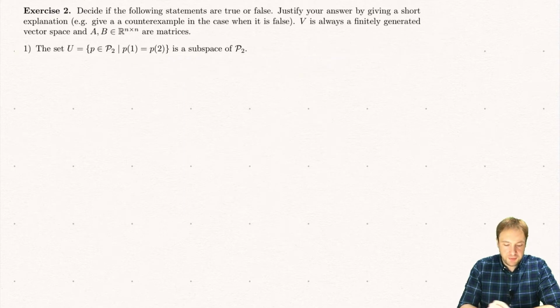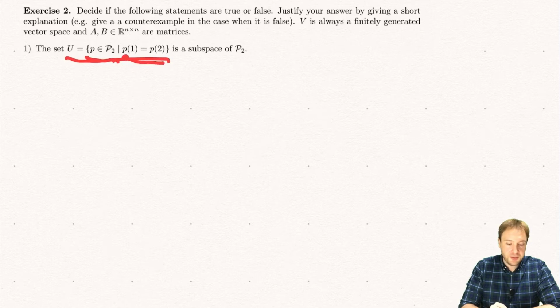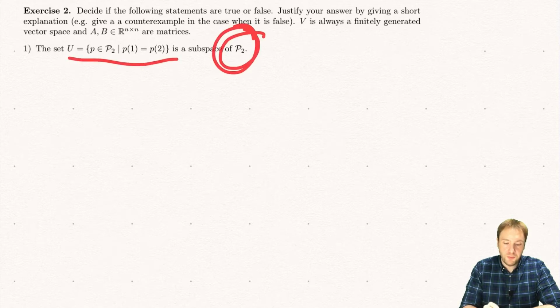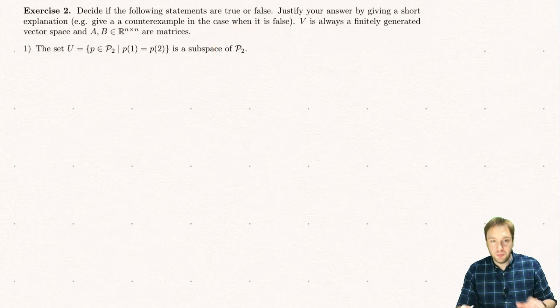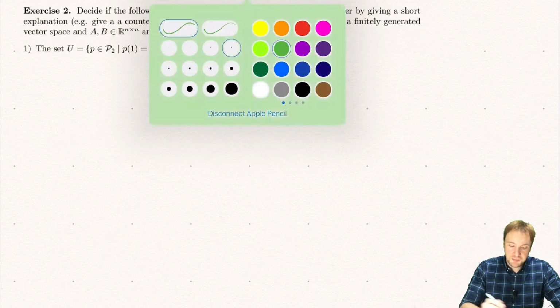And this question here is: if this set here, consisting of all polynomial functions of degree 2, such that the value of this function at 1 equals the value of this function at 2, is this a subspace of all polynomial functions of degree smaller or equal 2? And this is true,